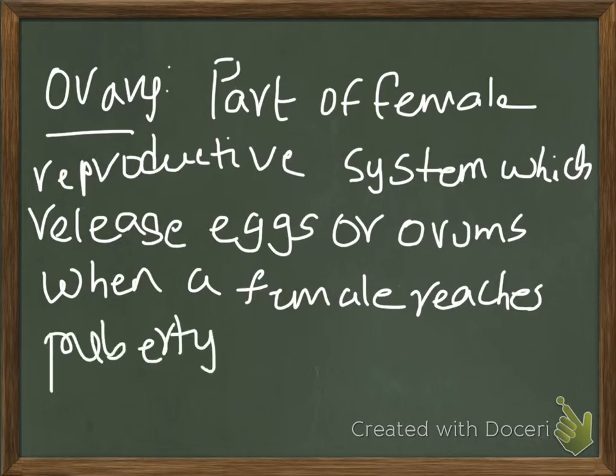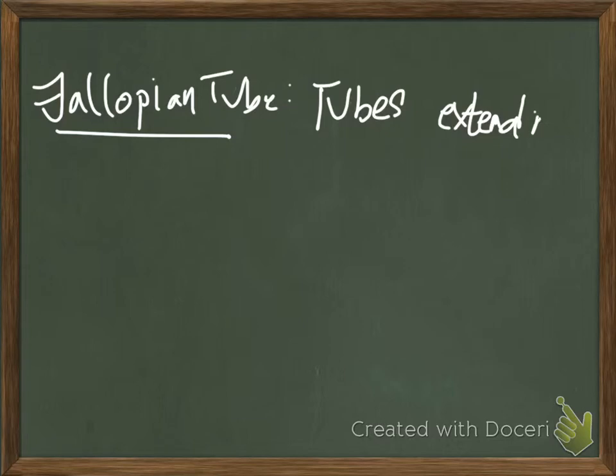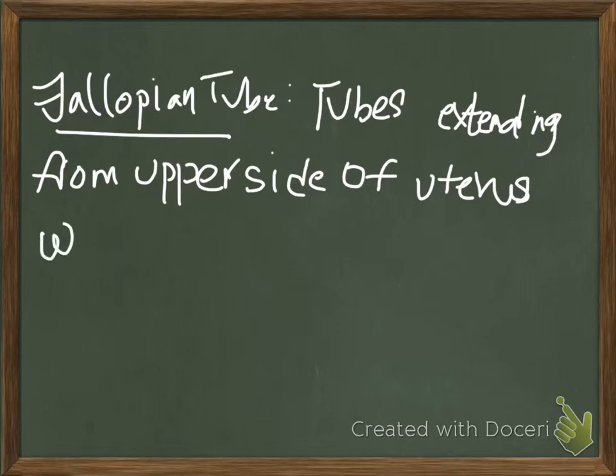So now we have discussed the ovary. Now what about the fallopian tube? So what is the fallopian tube? The fallopian tube is a tube extending from the upper sides of the uterus. So these are tubes extending from the upper side of the uterus, which are just above the ovaries,